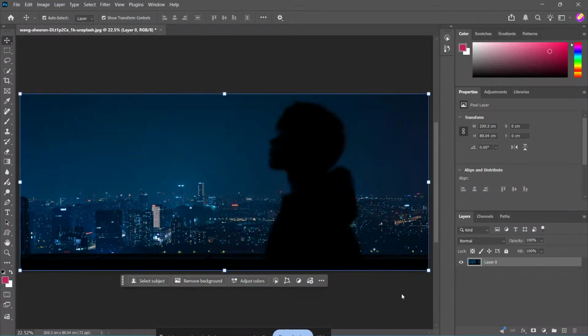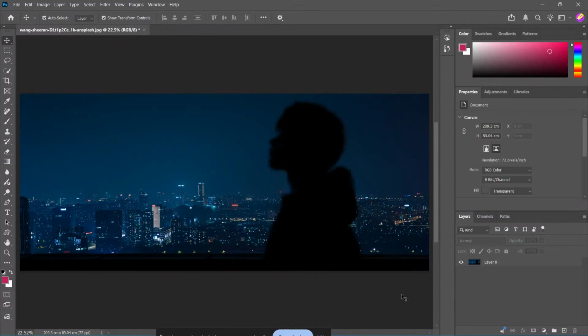If you want to learn how to use generative AI features in Photoshop, you're in the right place. In this quick tutorial, I'll show you how to make clean, realistic edits using Generative Fill, even if you're a complete beginner. This is a huge time saver for removing objects, replacing parts of an image, or adding new details